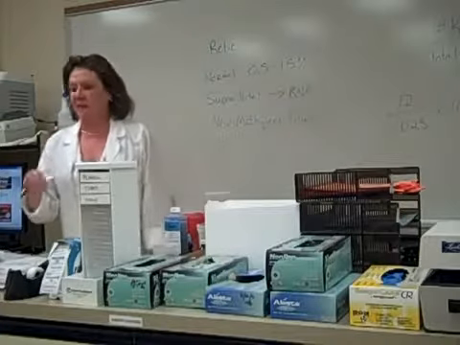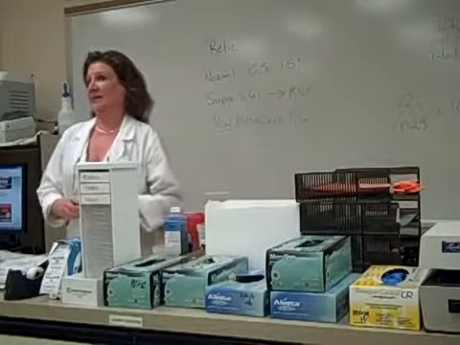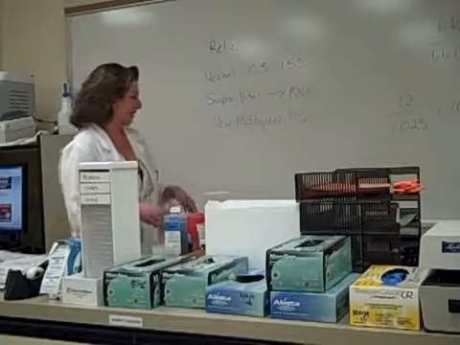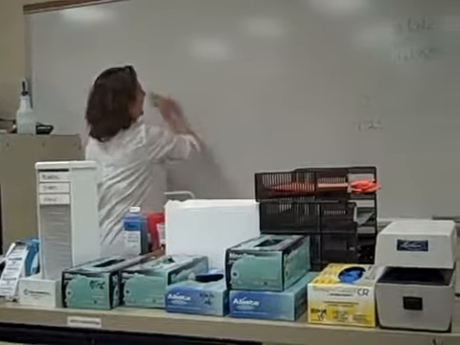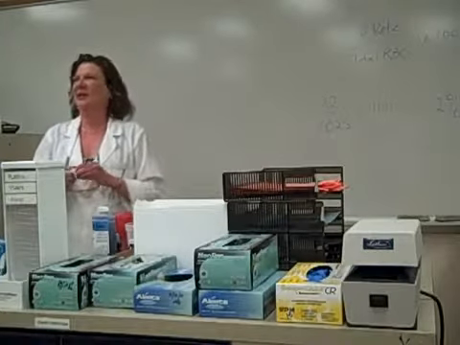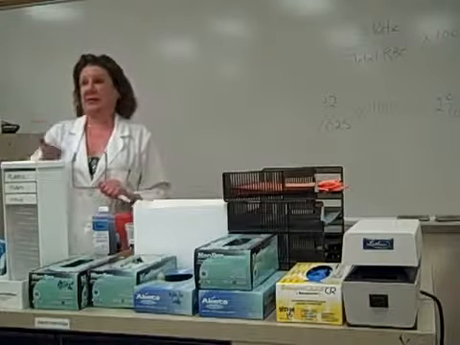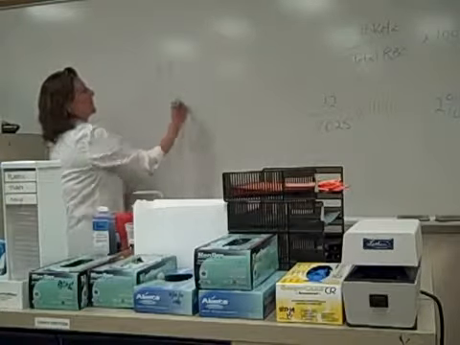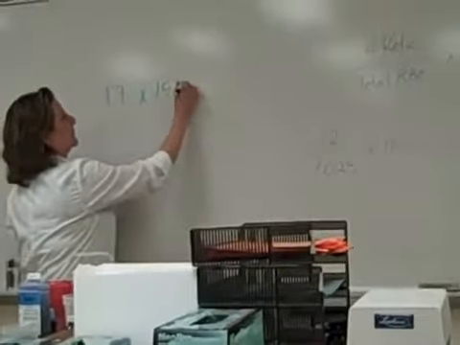Okay. And then the next thing we're going to do today on the remaining diffs that you have is we're going to do a platelet estimate. Anybody remember how a platelet estimate is done? Yeah, exactly. So you're going to take the average number of platelets you see in an oil immersion field. So that means you have to look at least 5 to 10 fields. Count the number of platelets you see. Okay. So say we got an average of 17 platelets per oil immersion field. If we multiply that by 15,000,